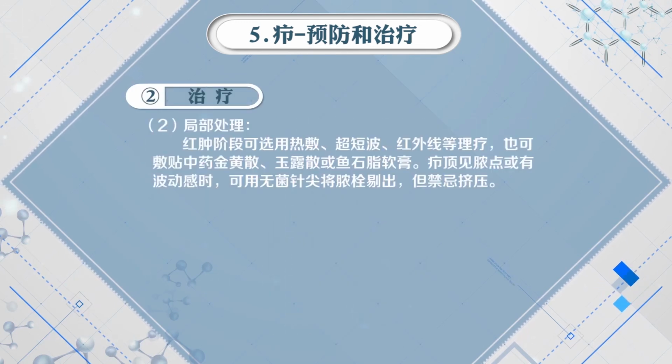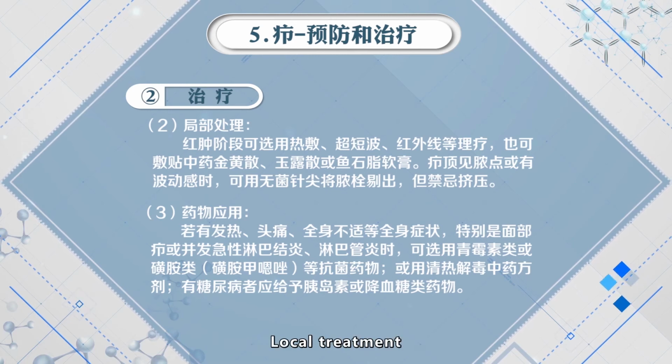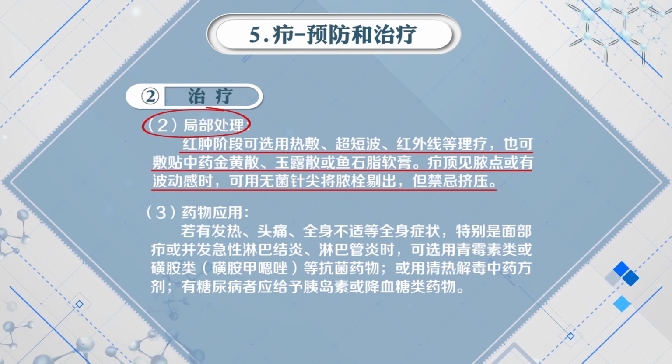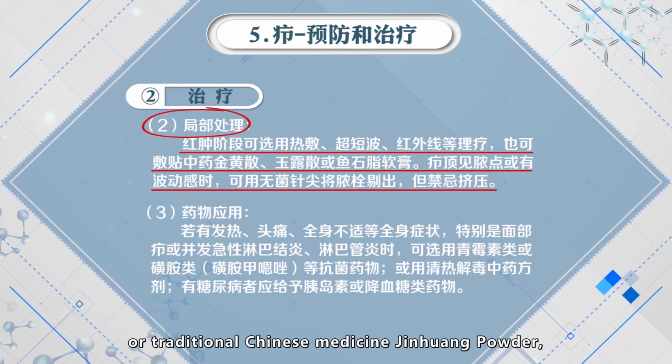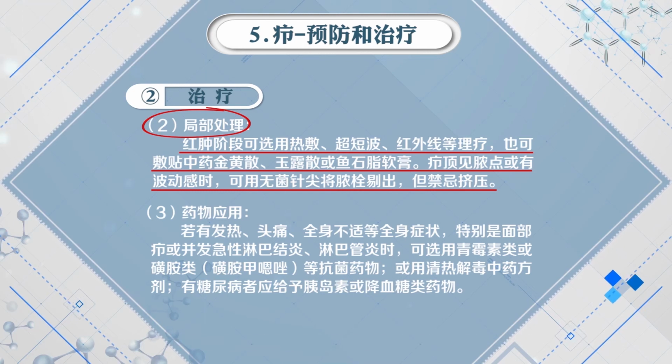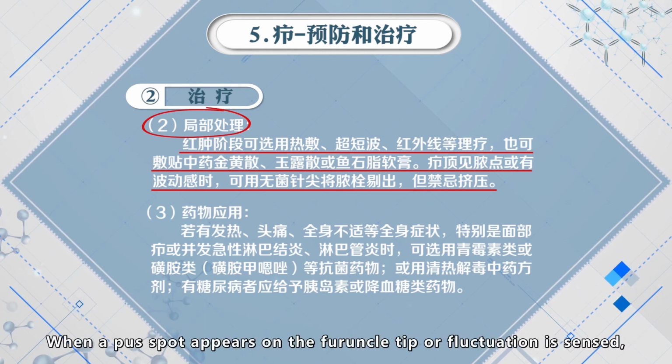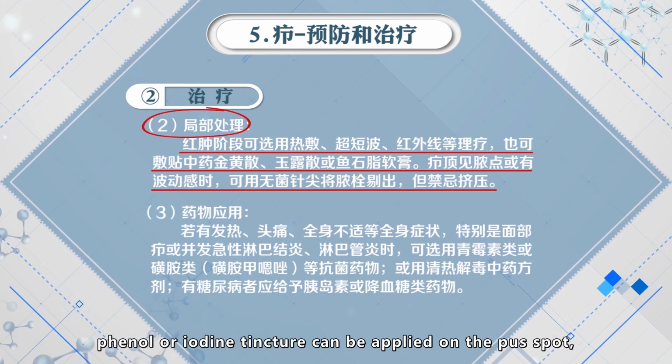Local treatment. Application of drugs. At the stage of redness and swelling, hot compress, ultra-short wave, infrared ray, and so on can be selected, or traditional Chinese medicine jinhuang powder, yulu powder, or ectomal ointment can be applied. When a pus spot appears on the furuncle tip or fluctuation is sensed, phenol or iodine tincture can be applied